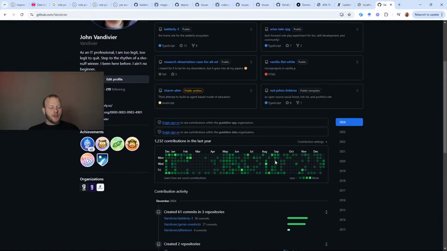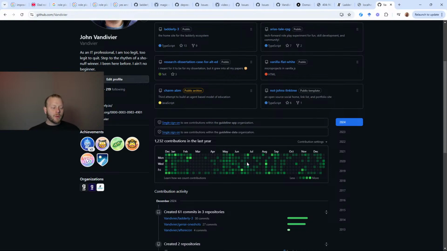You see the green squares down here? They show that I've been working. Do you use it? Yeah, you can see I've been using it since at least 2013. So this is how you can prove your experience over time through a portfolio. You can say, yeah, I wasn't making a paycheck, but I've been working on open source since whatever date.